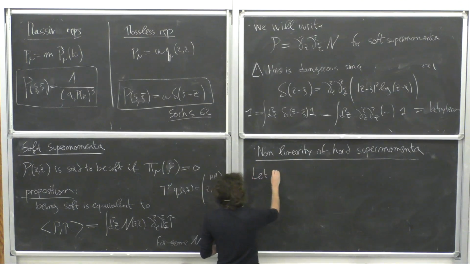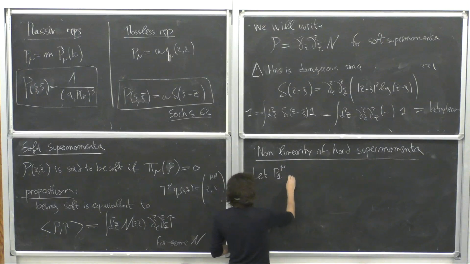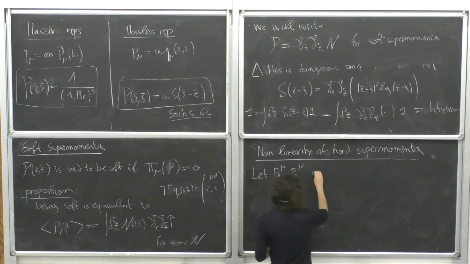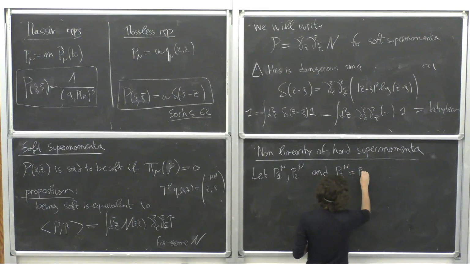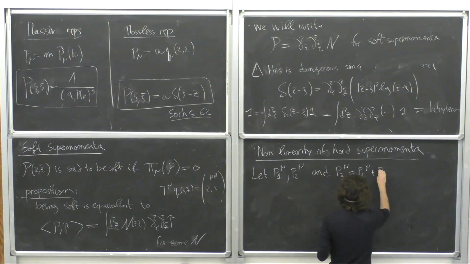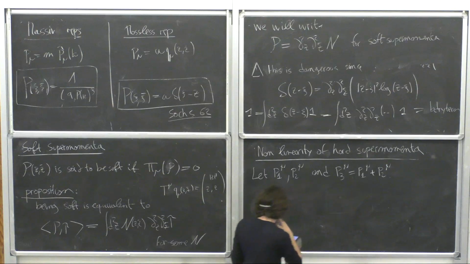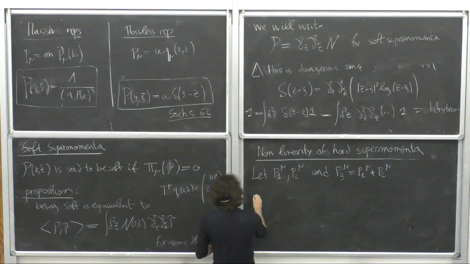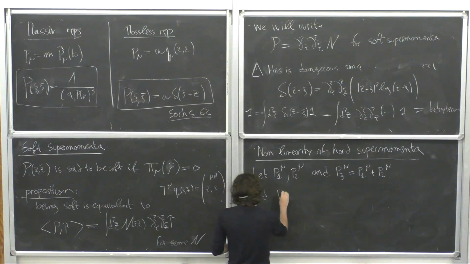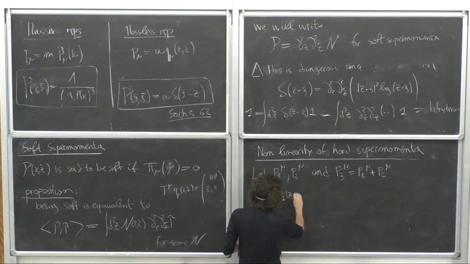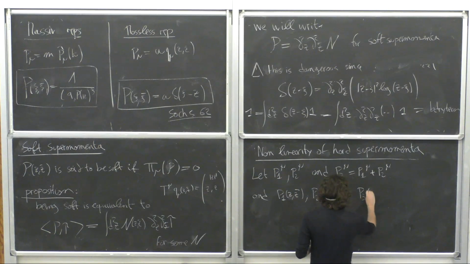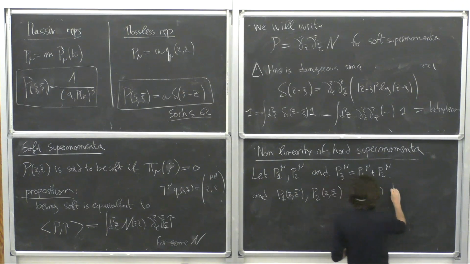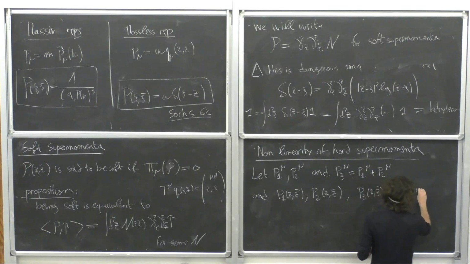So we pick some momenta, P1 mu, P2 mu, and we define P3 mu to be the sum, P1 mu plus P2 mu. So three momenta. And we consider the P1 z z bar, P2 z z bar, P3 z z bar, the corresponding supermomenta, the corresponding hard